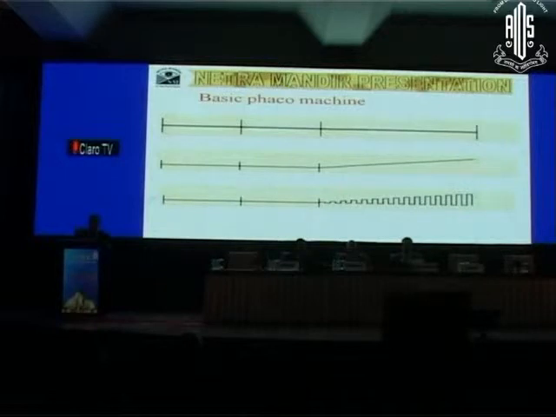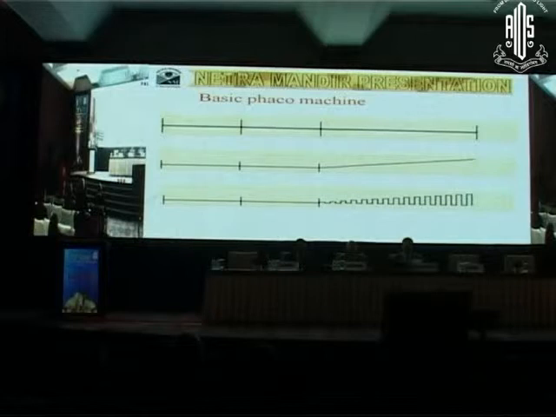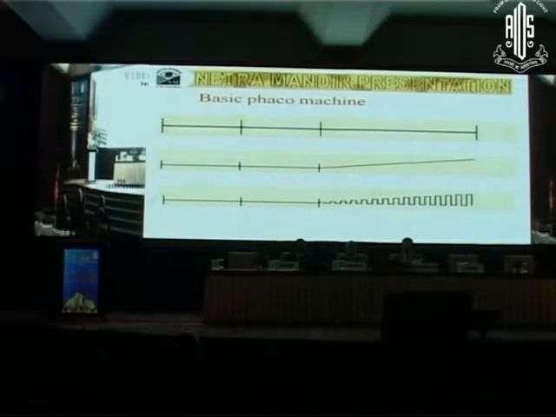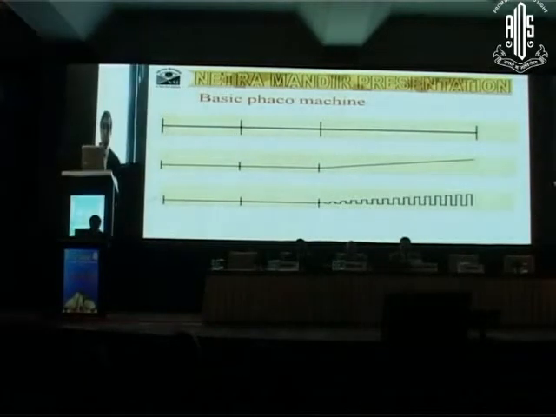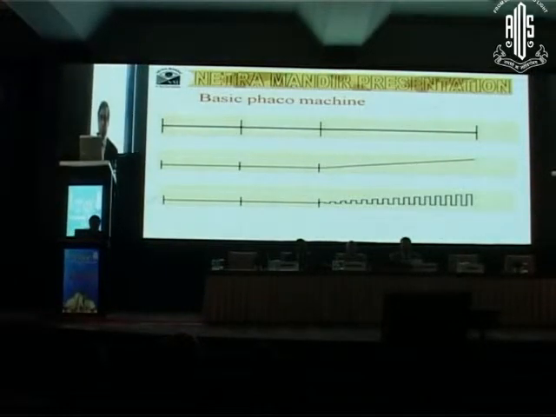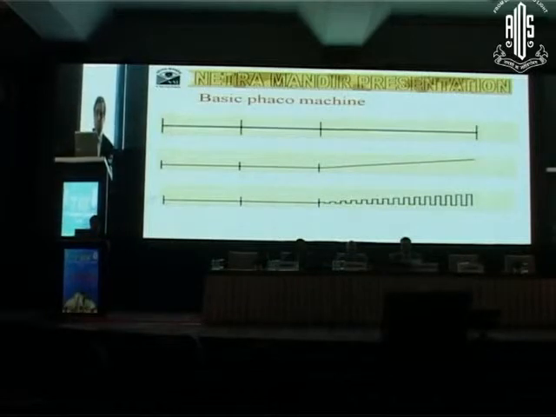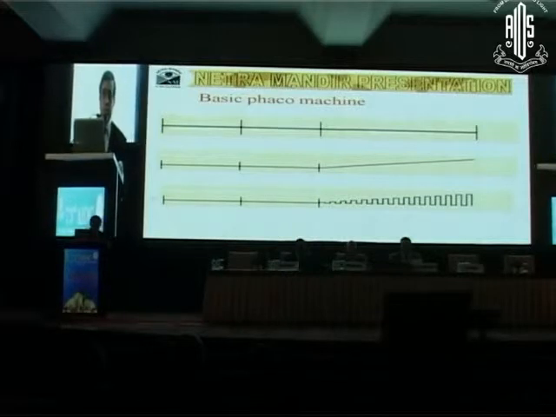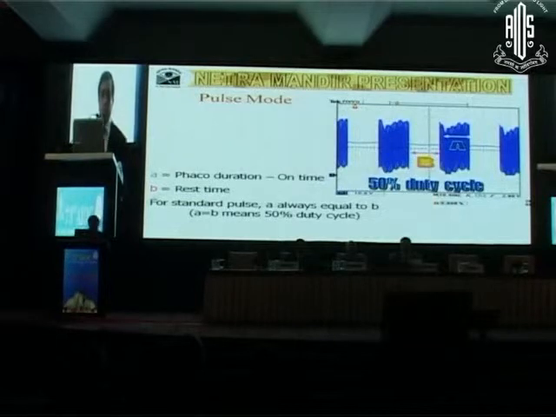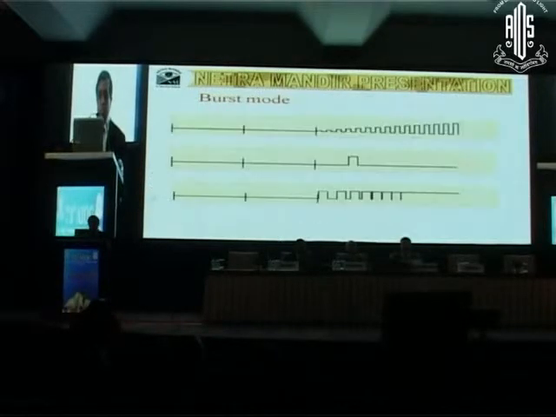And pulse phaco is nothing but intermittent delivery of the energy, where you have delivery for some phase of time and a rest phase for some time. During the rest phase, you need to remember that there is already an aspiration flow rate which will attract the pieces towards the phaco tip, or if you have embedded inside the nucleus, there is already a vacuum, and hence this makes the phacoemulsification more effective without generating heat or friction inside the eye. This is how the pulse mode would look.